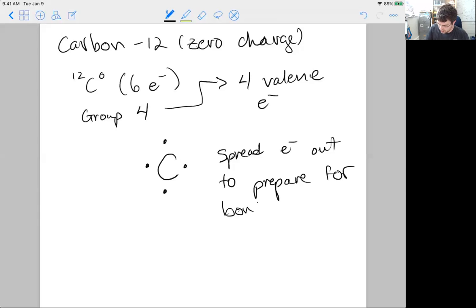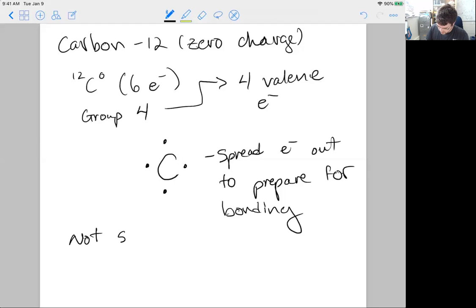So as we look at converting these atoms and their Lewis dot structures into molecules, we want to spread the electrons out as much as possible to prepare for bonding. For carbon, that means we're going to have 4 spots around the carbon atom where we're going to put 1 dot each,